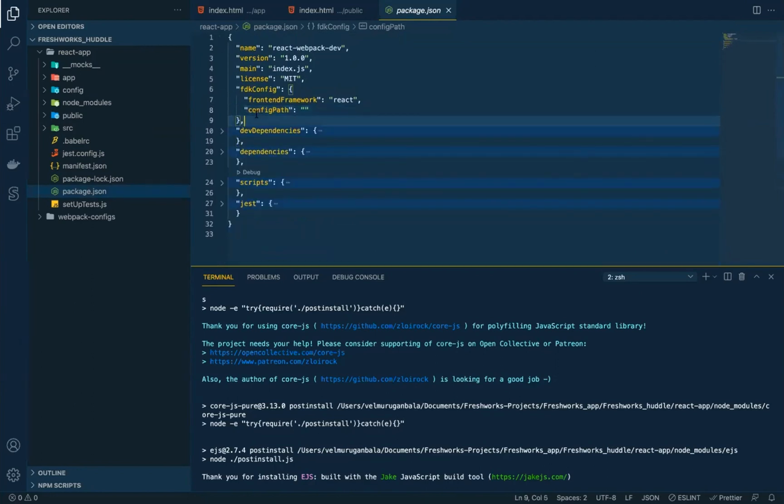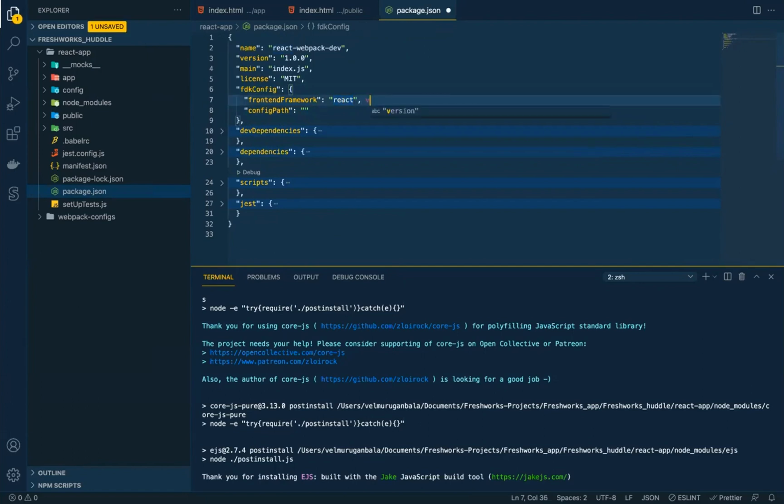And then you will see some configuration that is really interesting, something called FDK config. So what does this FDK config do? This FDK config essentially tells your FDK that this particular project is running a front-end framework. And then there is a subconfiguration called front-end framework, which tells the FDK the name of the framework.